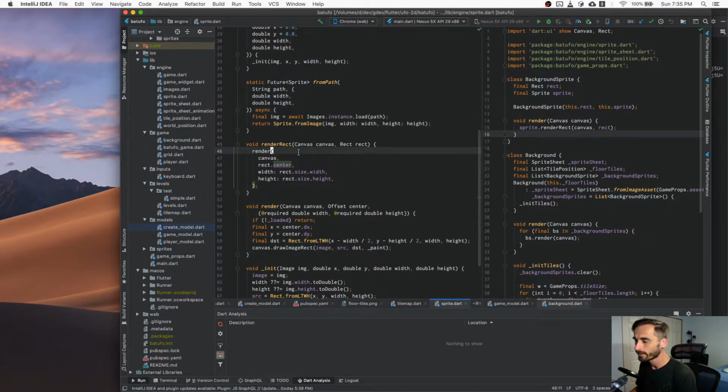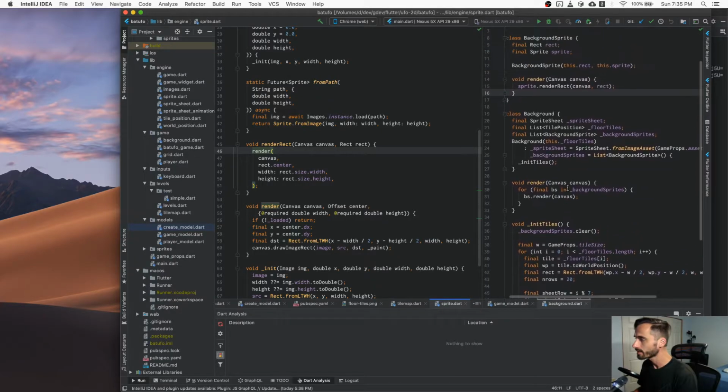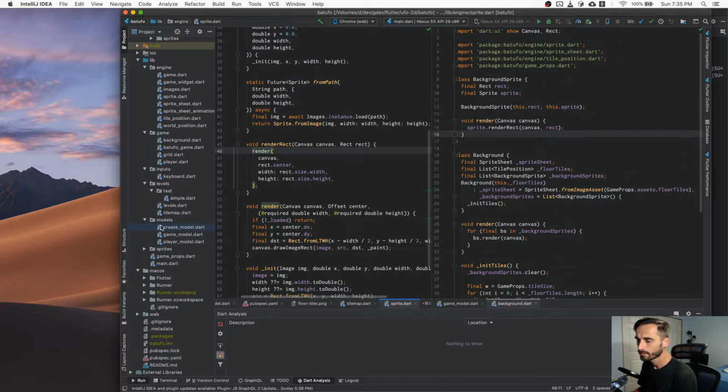But we also want to render walls, right? So we want to render the walls. So that is also part of the game. And the walls also don't change. So this is going to be very, very similar to the background. So let's go ahead